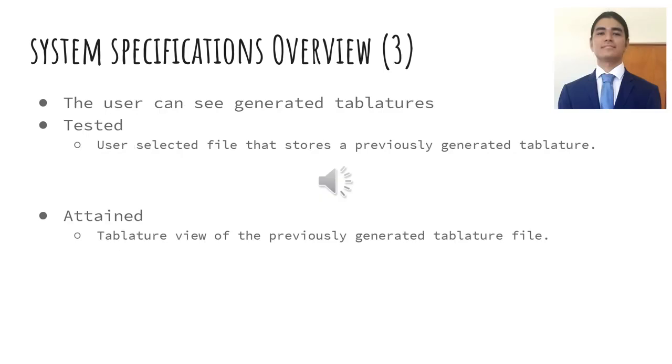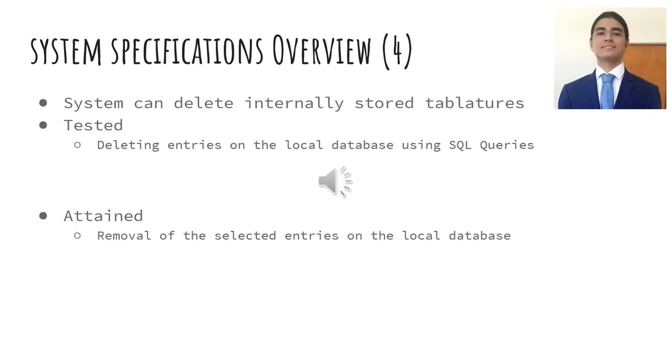database. The third of the specifications is that the system can allow the users to see generated tablatures, and this is tested from a user-selected file from a previously stored tablature, and what it attains is a view of this previously generated tablature. The last of these is that the system can delete internally stored tablatures, tested on deleting entries on the local database using SQL queries, and this is attained by showing the removal of selected entries